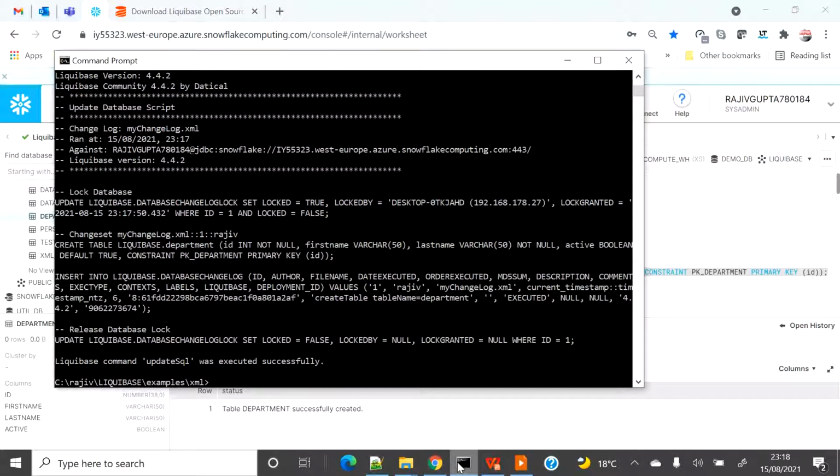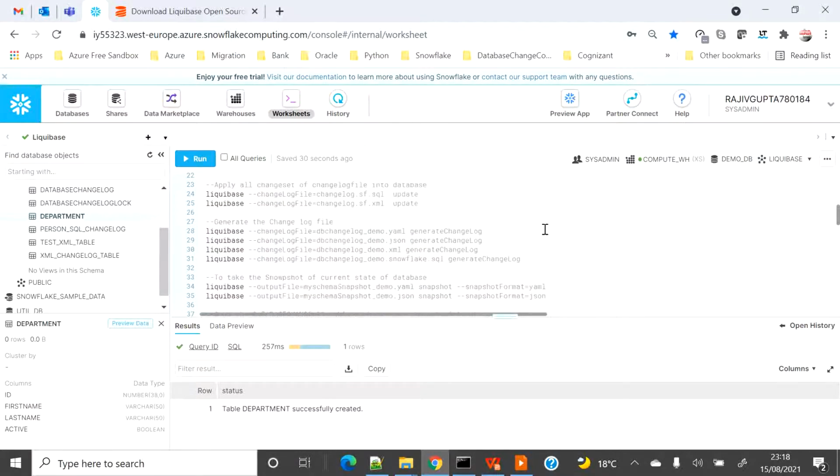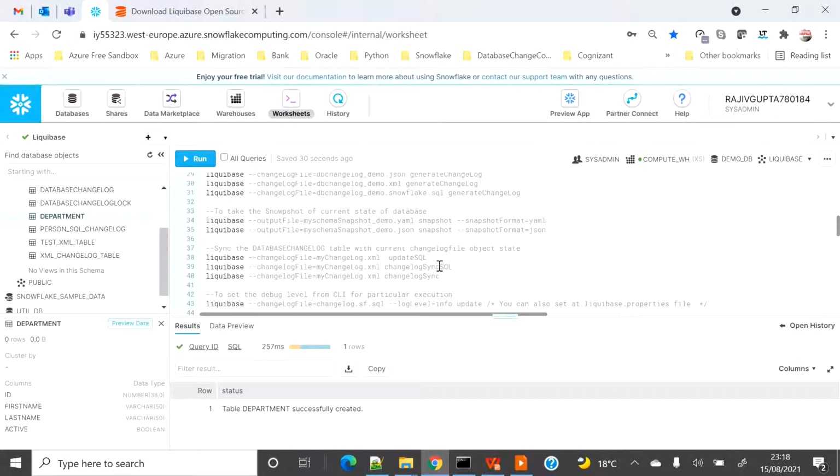Now suppose I go ahead and say, okay, I want to apply this change set. If I apply this change set, what will happen? It will fail, because it will start complaining that the table already exists. We have not applied the change set, but somebody has created this table manually. This is a very common scenario which may happen in any database, or for any other reason this table or some of the objects already exist in a database, but